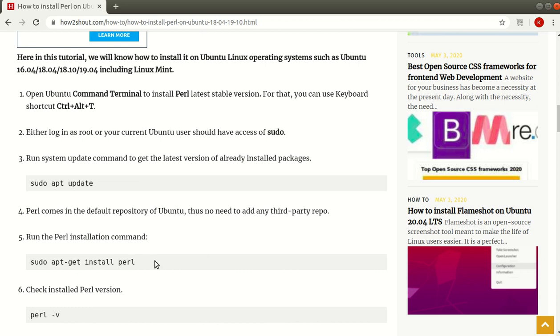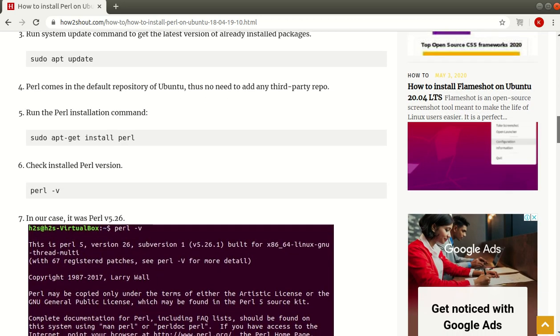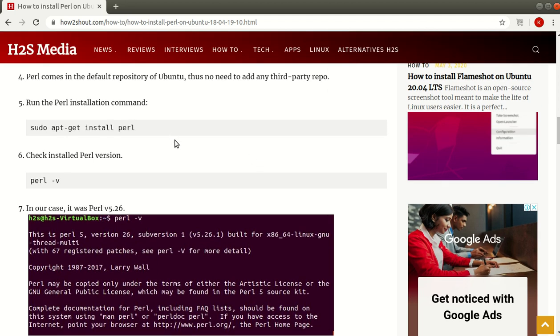I think this is common for all installations in the Linux operating system, because after install we are using Python or some other software. So this is the same for all software. After installing this, it will take around 10 minutes only.